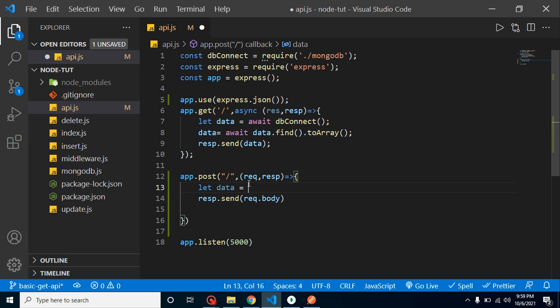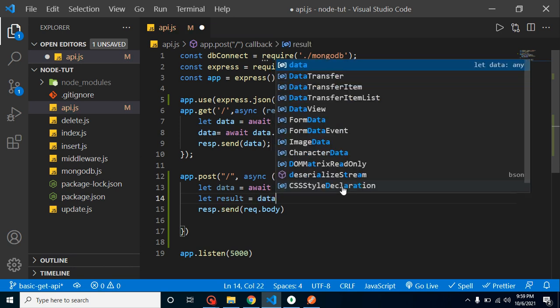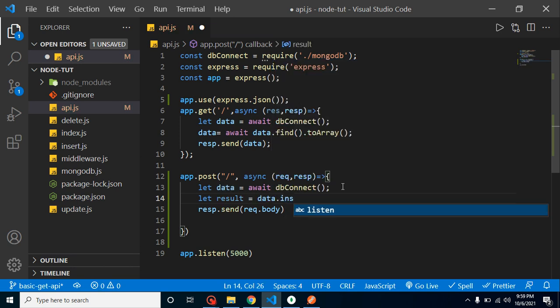And now simply use dbConnect, and this is basically a function, but as we know it will return a promise. So use await here, and we can use await only inside an async function, so let's make it async. After that, let's take another result and put data.insert.